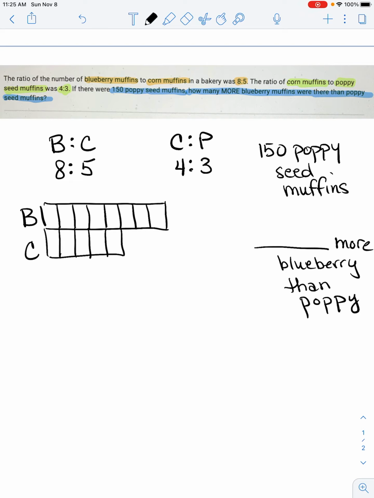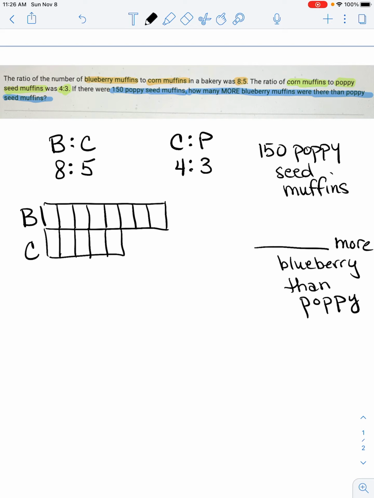It's just easier to make the boxes the same size, and that's a reminder that all the boxes must be the same. Okay, so 8 to 5, and it says we have 150 poppy seed muffins, so, well, I don't know how many corn